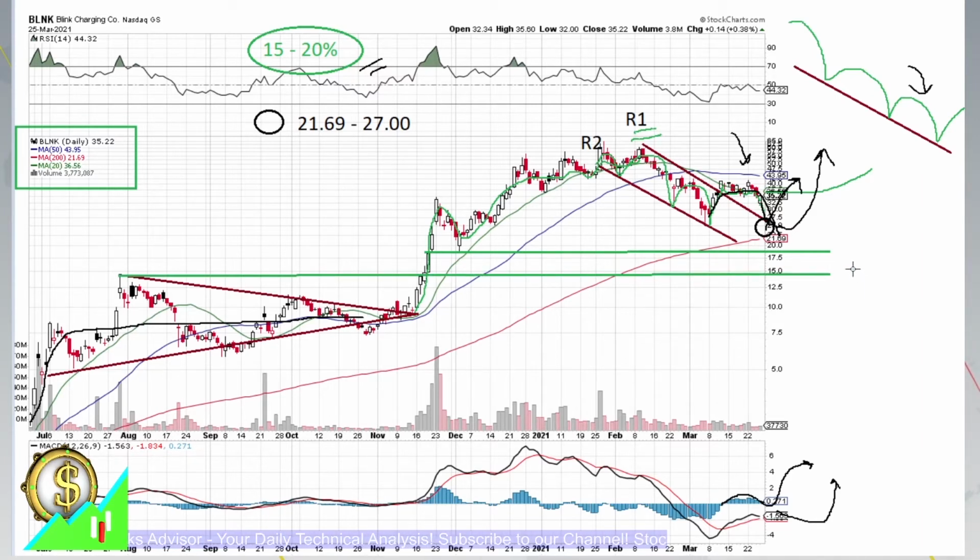secondary level formed by December, end of November, but also previously by August price action. So this is really a very principal level of support for this stock, which is let's call it S1, S2. And in money, in the levels of prices, it will be actually between almost 15, so 14.80 and about 19. So let's write it here. This would be between 14.80 and 19 about, and this would be the second level to enter, still